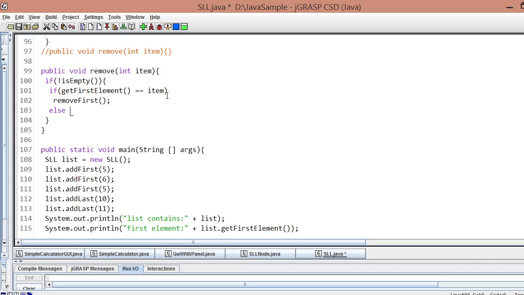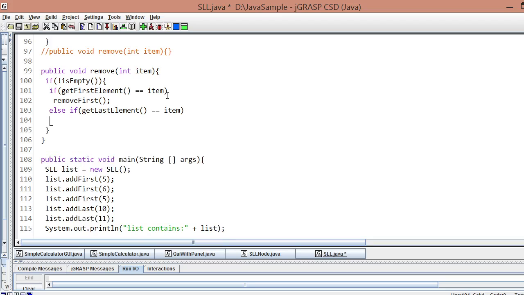Otherwise, it could be that the last element is equal to the item to be removed. If it is the case, then we will simply call the remove last.